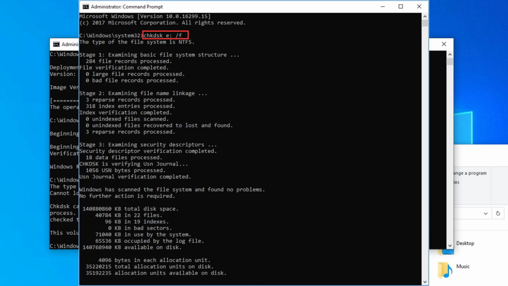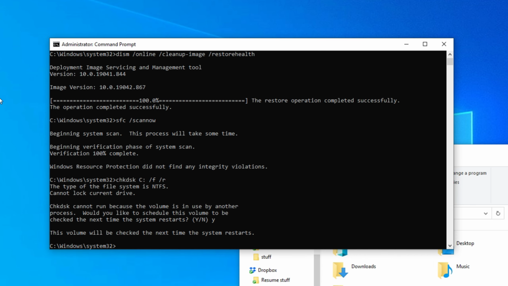And I can't record it, so I'm not going to do it right here, but hopefully, if you do all these steps, corrupted files and errors on your hard drive and your